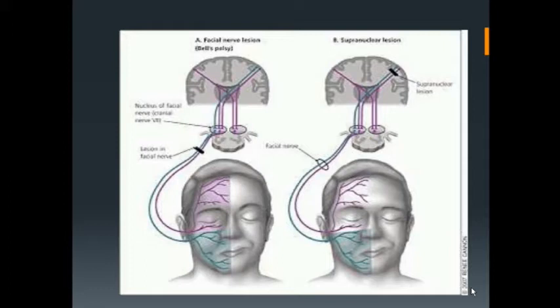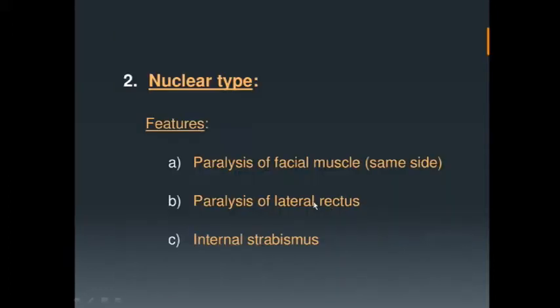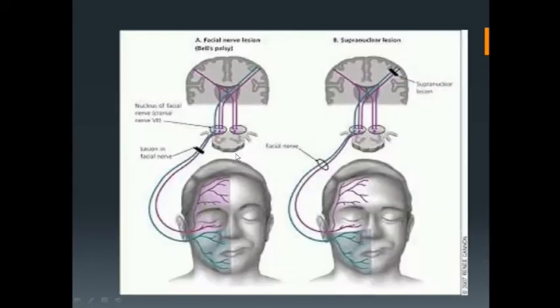What is the meaning of upper motor neuron lesion? Every nerve originates from the cortex. The nerve fibers come and then they have synaptic connection over the nucleus. From the nucleus, nerve fibers will again exit, innervate various body parts. So this is the nucleus. So nerve from the cortex up to the nucleus, that is above the nucleus, that is upper motor neuron, and the nerve which is in the nucleus and beyond is lower motor neuron.